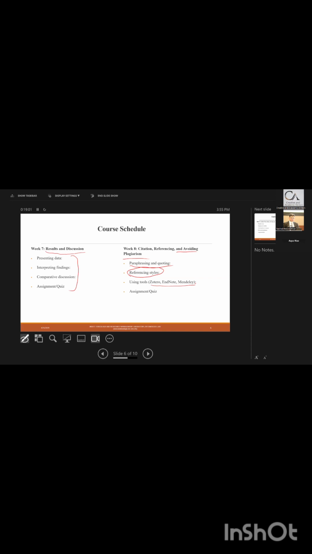Sometimes your research paper or your review paper is rejected from one journal and you have to submit it in another journal. So both may have different referencing styles. So you have to convert the whole references either in the citation or in the bibliography as per the format provided by the journal. By using these tools, you can convert these references within minutes. So it is very important to learn these tools and use them effectively.